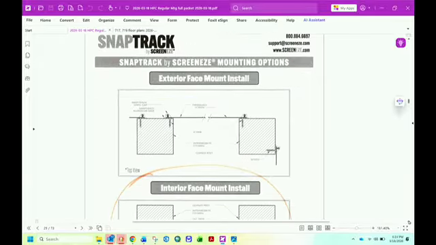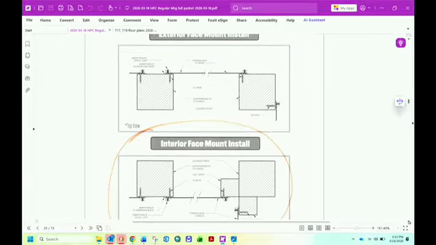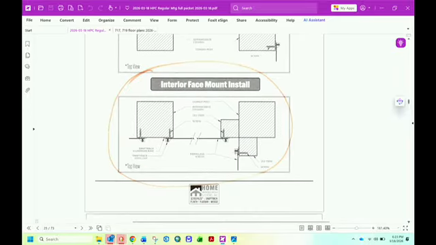So the SnapTrack screen, they have two options. One is on the outside and one is on the inside. He circled the ones for the inside. So you can see the detail here for that. They add a 2x2 trim on the corners so they can attach it on the inside.